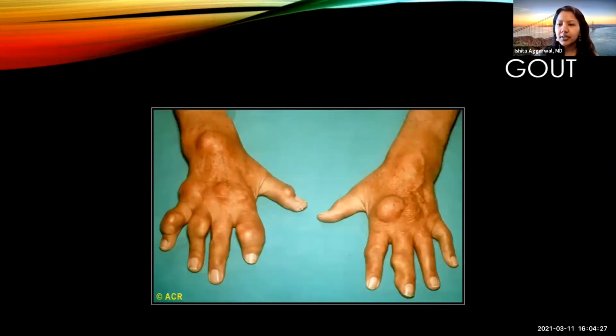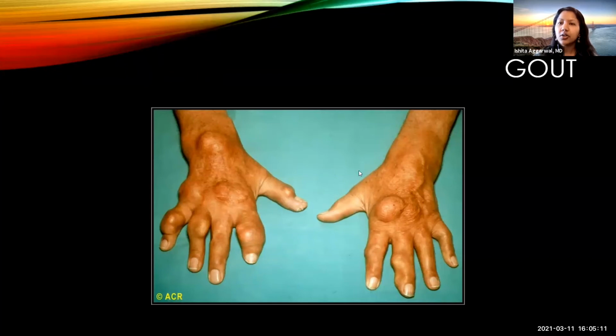So moving along, this is a picture of gout, and you may have heard of gout or have family members that have been affected by gout. Gout refers to a disease that happens in response to the deposition of crystals called monosodium urate crystals that can deposit in the joints, the bones, and the soft tissues. It can cause an acute inflammatory arthritis, or it can also lead to a chronic arthritis once there have been multiple episodes. And it can cause these deposits of crystals under the skin that you can see in this